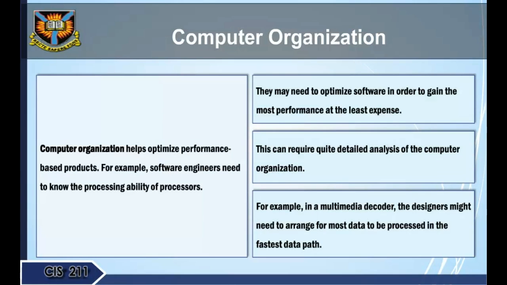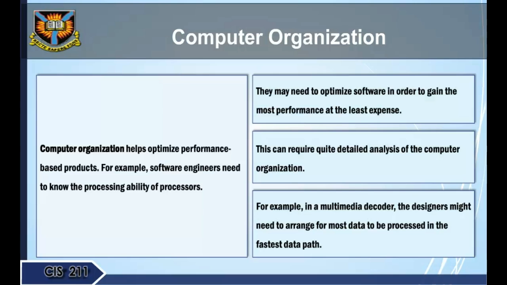Computer organization. Computer organization helps optimize performance-based products. For example, software engineers need to know the processing ability of processors. They may need to optimize software in order to gain the most performance at the least expense. This can require quite detailed analysis of the computer organization. For example, in a multimedia decoder, the designers might need to arrange for most data to be processed in the